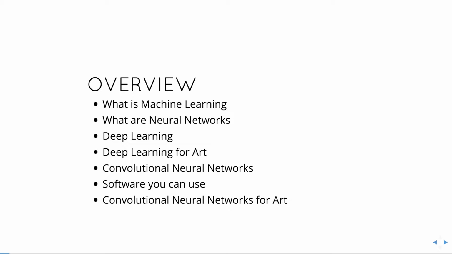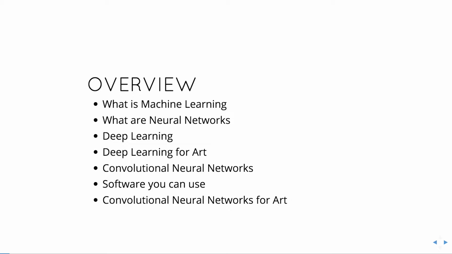I'm gonna give you a brief overview of what machine learning is. Then we're gonna go over what neural networks are. And once we know what a neural network is, I'm gonna explain what deep learning is, which is actually not very different from what a neural network is. It's just a kind of term on top, but just so you guys know what it is. I'm going to be doing a bit of showing a few examples of how you can use deep learning in art and how I've used it in some of my artworks.